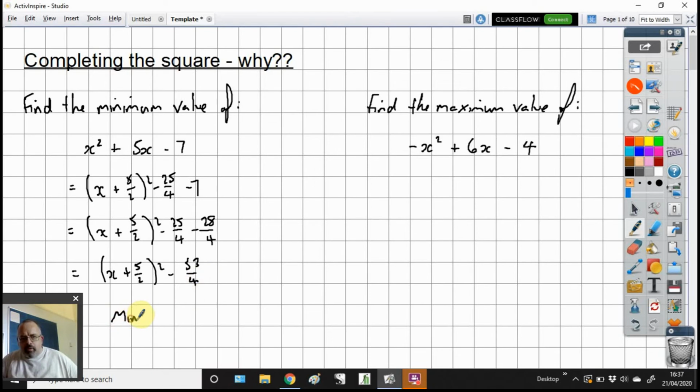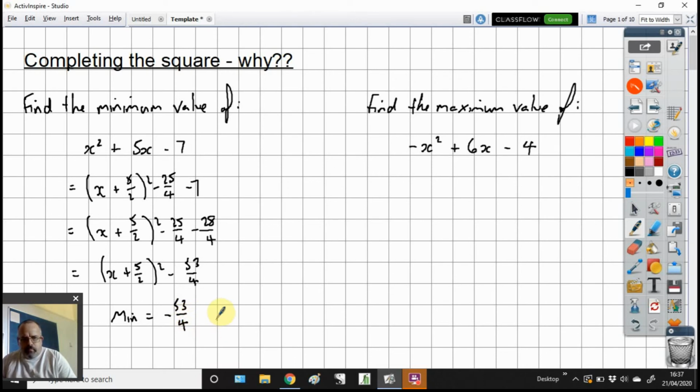Now, the minimum value of this expression, let's think for a moment. When you square something, the smallest it can possibly be is 0. If we have a positive number and we square it, we'll get a positive. If we have a negative number and we square it, we'll still get a positive. So the smallest value we can get in here is 0. 0 squared makes 0. Take 53/4. We cannot do anything about that negative 53/4. It's just there. So 0 take away 53/4 is the smallest possible value